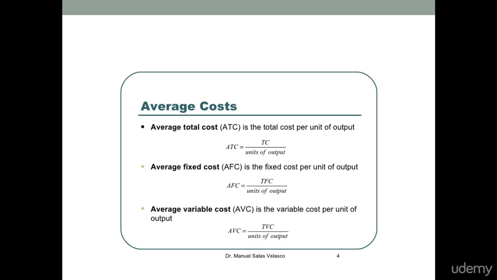Okay, now we discuss the functions of average total cost, average fixed cost, and average variable cost. Average total cost is equal to total cost divided by units of output, average fixed cost is equal to total fixed cost divided by units of output, and average variable cost is equal to total variable cost divided by units of output. Okay,